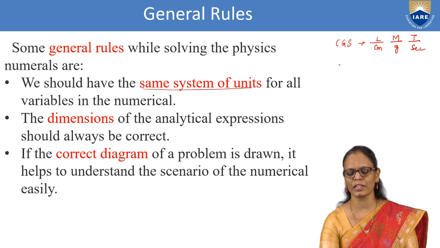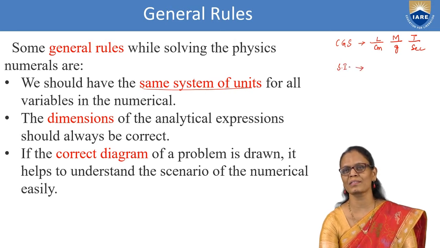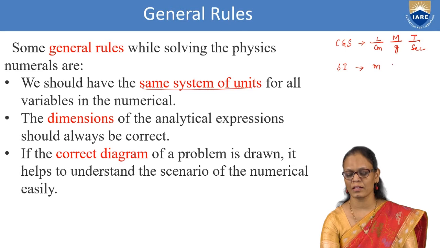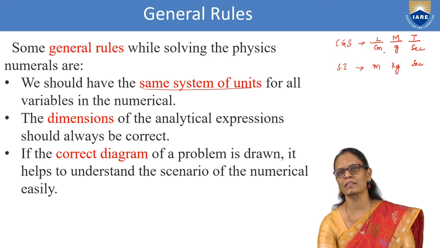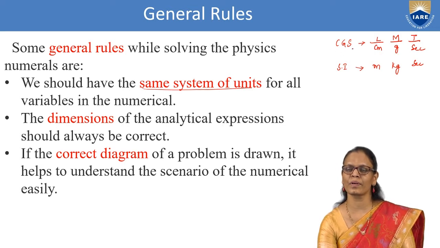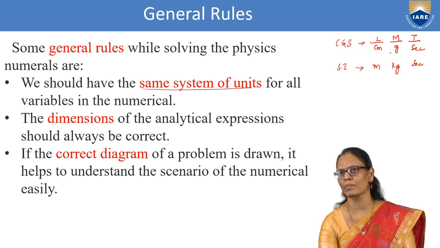Now, if I follow the SI system, which we usually use, and in some cases is also called the MK system, length will be measured in meters, mass will be measured in kilograms and time in seconds. So mostly we'll be using these two systems. If all the data is given in the CGS system, that is centimeter, gram, second, you can continue doing it in CGS. There is absolutely no problem.